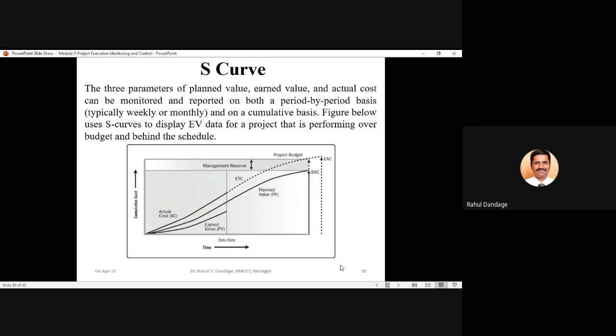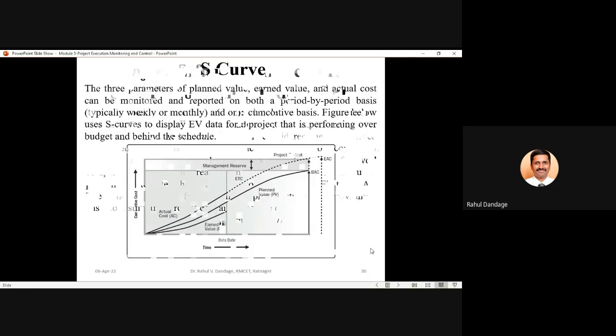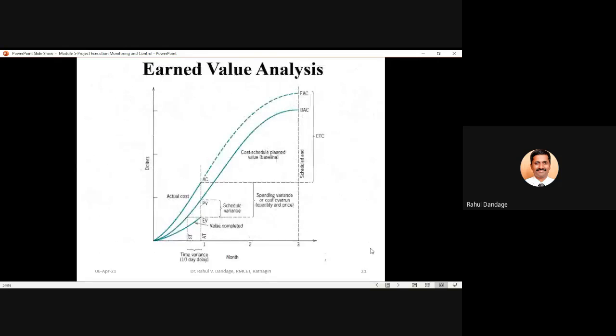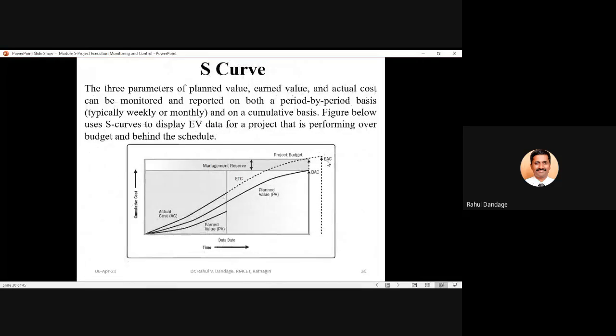You can observe this diagram of the S curve is the same as the diagram which we have seen in the first slide for today's session, that is earned value management. On the y-axis, dollars means the cost or the budget which is expended, and on the x-axis we have the time duration. EAC, BAC, AC, PV, EV. So the same things you will also observe in this particular diagram. So EAC, this is BAC, and here we have the planned value, earned value and actual cost.